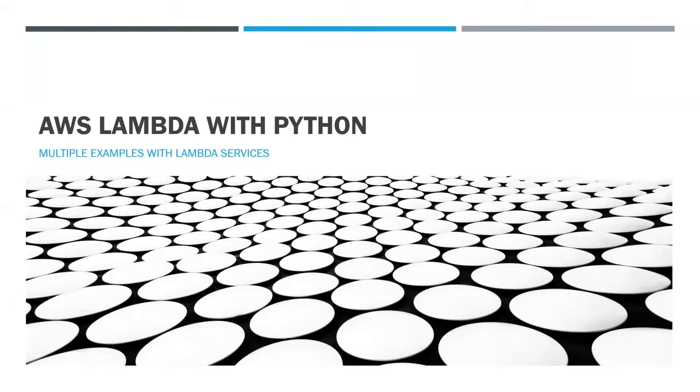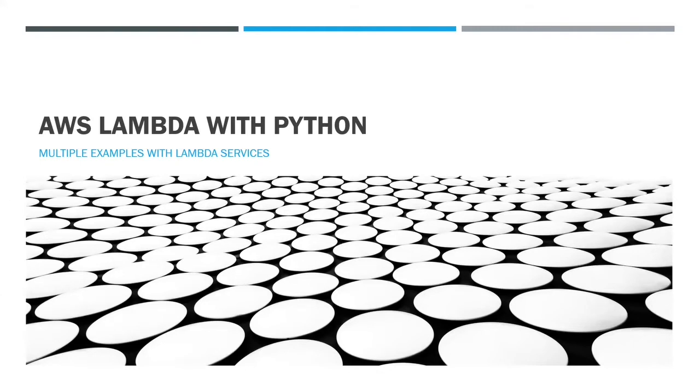So in the tutorial, we are going to see AWS Lambda with Python. And why are we using Lambda? Lambda is a serverless application. Nowadays we are all using serverless applications, so to reduce the cost and various other factors, people are migrating to AWS Lambda. Not only AWS, even Microsoft Azure has a service, and a lot of cloud providers are providing serverless applications.